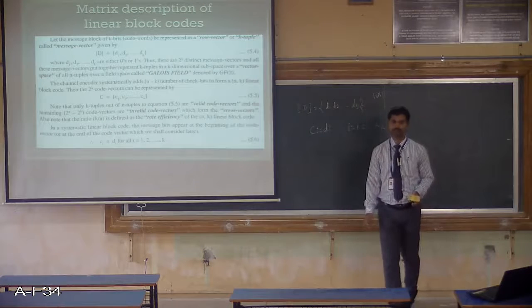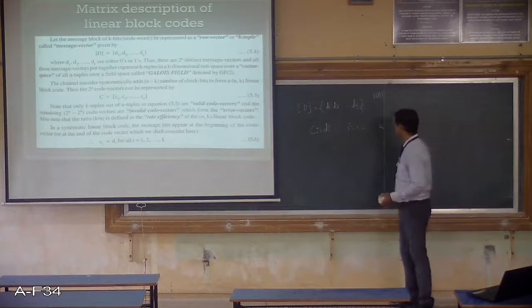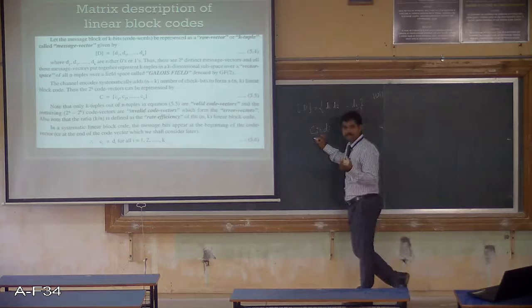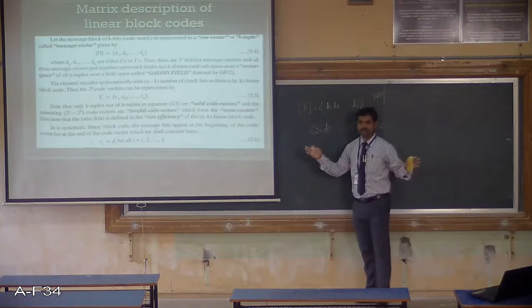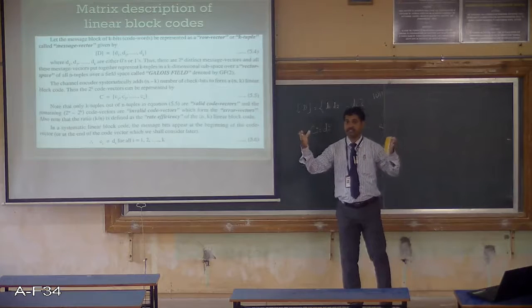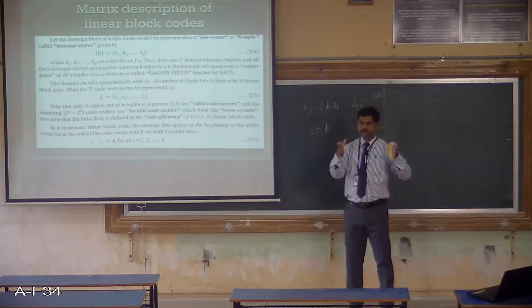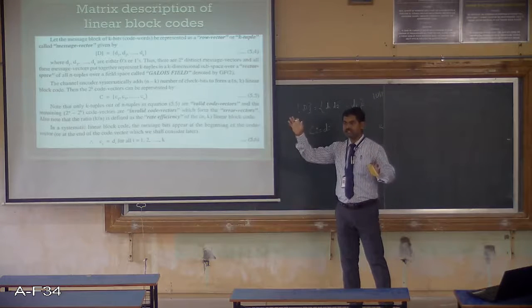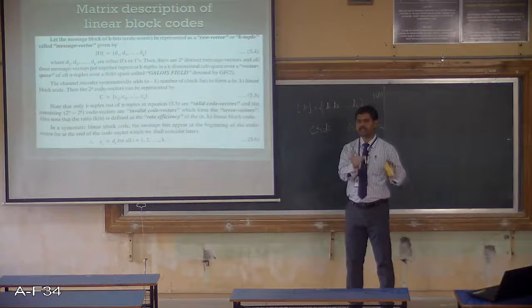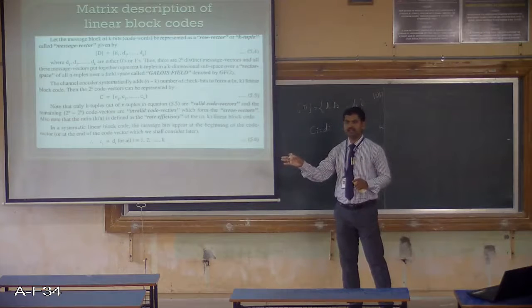It means certain bits of the code word are the same as the bits of data. Certain bits, not complete. Suppose the length of the code word is 8 bits, then around 3 or 4 bits are the same as the data only. Whatever the K information bits, they should exist either at the beginning or at the end, right?